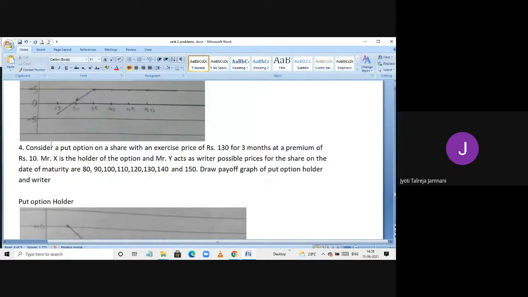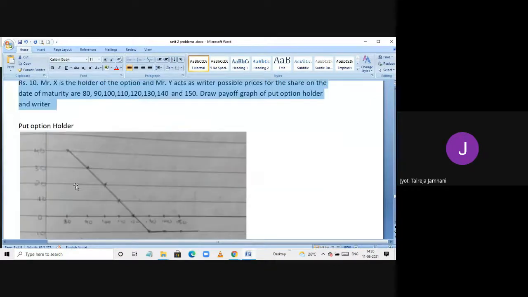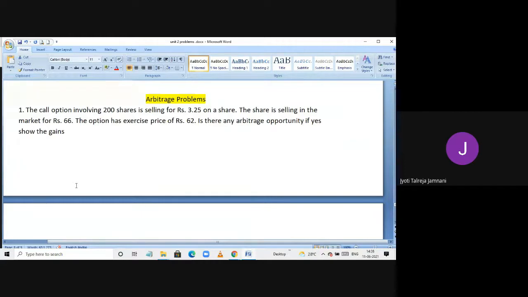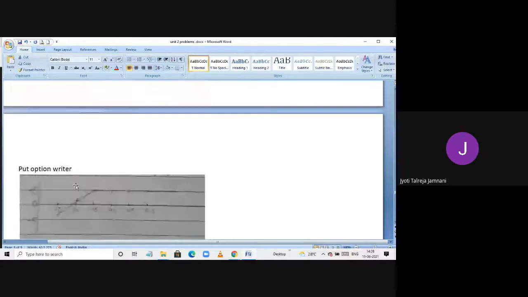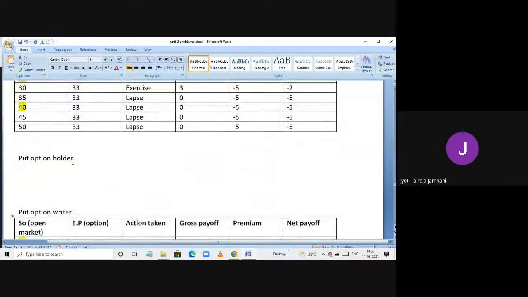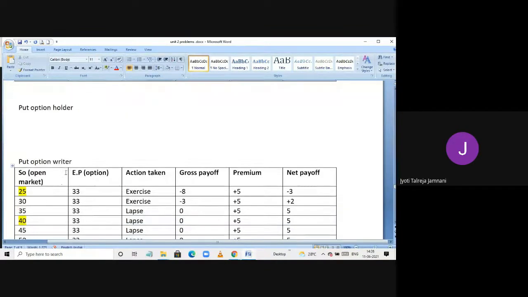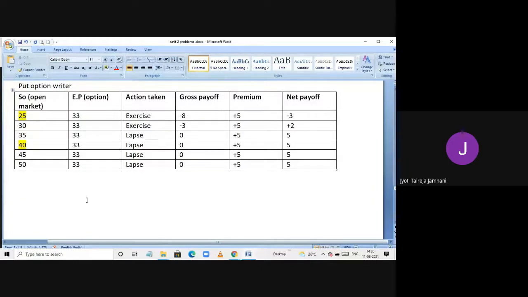Okay. Now this sum, if possible, try it at home. Otherwise, I'll do it in the next class. And in the next class, we will also start with the arbitrage problems. Okay, so I'll share this document with you today. Here I have to put a graph for the call option holder. I'll send you one sum on WhatsApp, which is for a call option, which you can try, and I'll share the answers also by unit. And the remaining we'll do in the next class. Any doubts, anybody, you can ask.